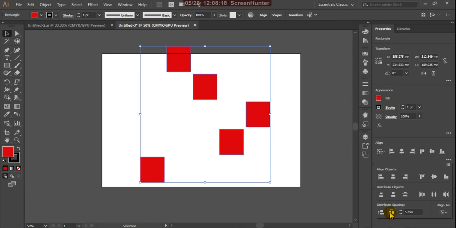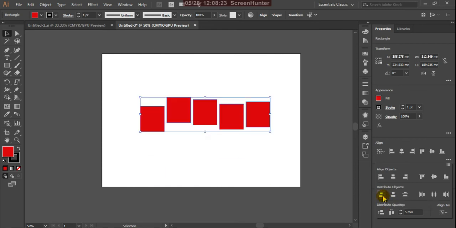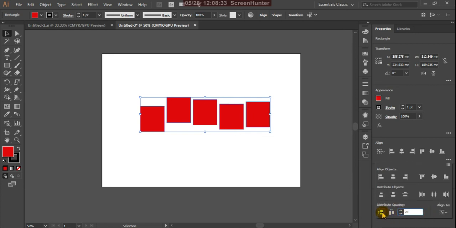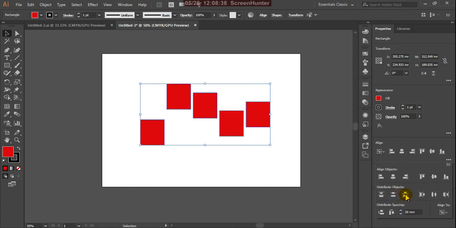Okay, and suppose here I use distribute objects by vertical distributes. Yes, see, it is maintaining the same space, 5, 5, 5. Here I'll give, suppose, 20, and now you can give the vertical distribute center the same value, and here it is distribute to bottom. You have to give this the object first. Yes, and then you can give this distribute top.